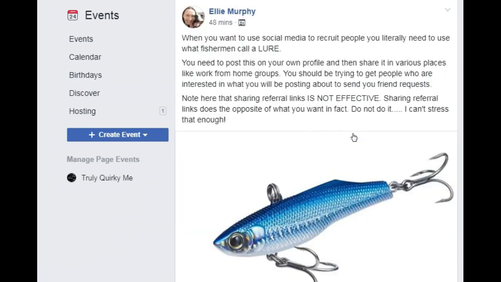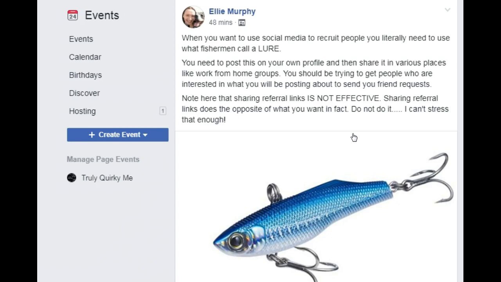So what kind of post is it that you're wanting to learn how to put onto Facebook or other social media sites? Basically we're going to use a fishing analogy here, because you're going to do exactly what fishermen do, and you want to put out some kind of a lure, a bait, something that's going to attract people, the right kind of people to you.